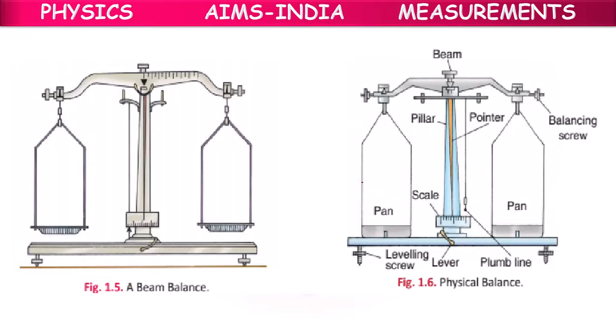Means we have to keep the object on the left pan and use weights of 20 grams. If the pointer is not resting at zero after swinging for some time, then we have to keep 2 grams. Still, if it is not resting at 0, we have to keep 1 gram. Like that, we have to balance the weights on the right hand pan until the pointer